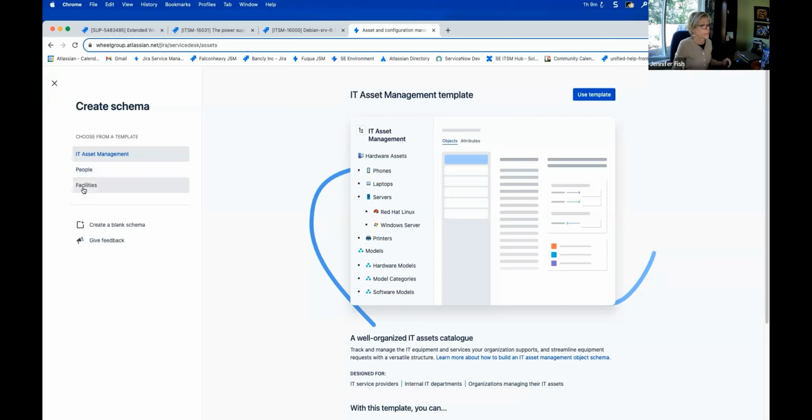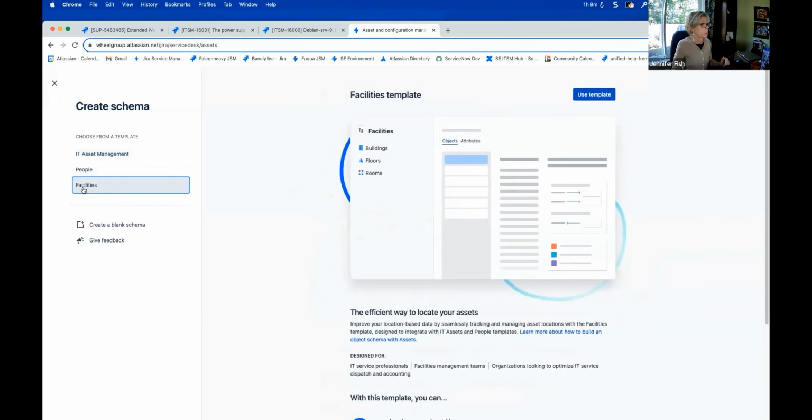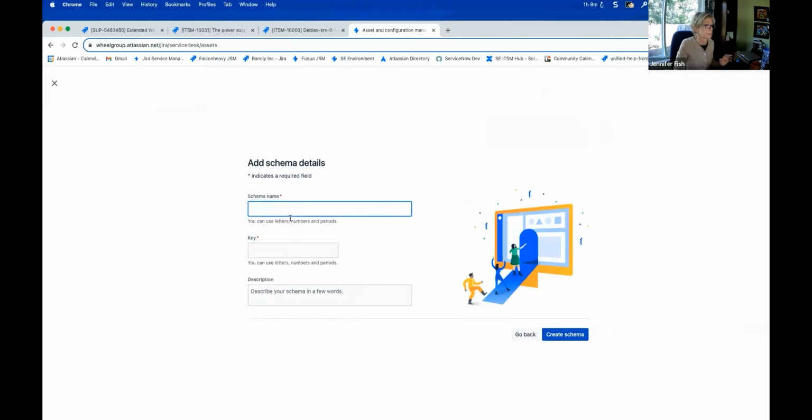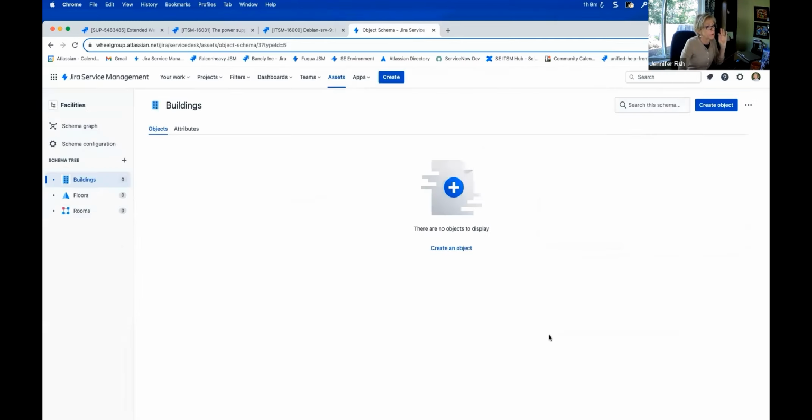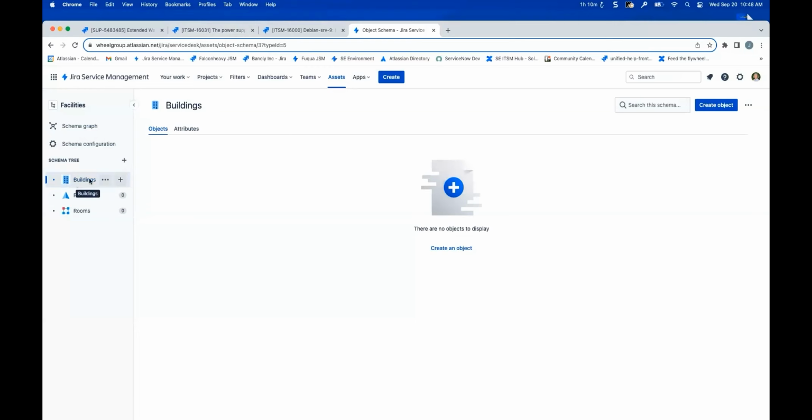So we'll start off, as I said, by building out some of these. We're going to start with facilities. Facilities is a pretty simple data structure, but it's a good one for us to use because it's a good way of demonstrating a lot of different functionality. So let's start here with buildings. And again, I'm going to go off the camera as I go through this because I'm going to go pretty fast, and I'm always concerned my video is going to fail. Also, I feel a little bit more comfortable. I'll be honest about it.